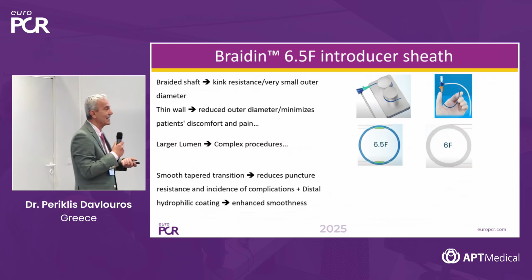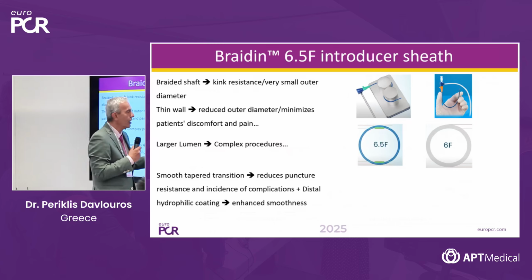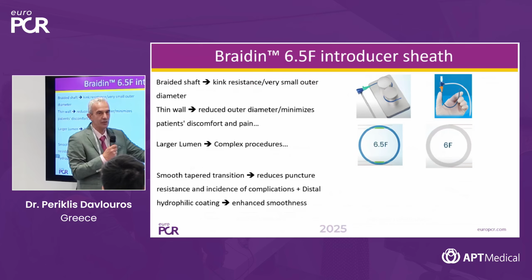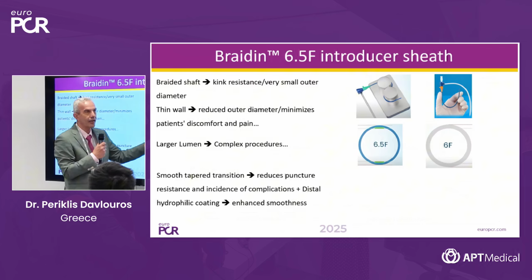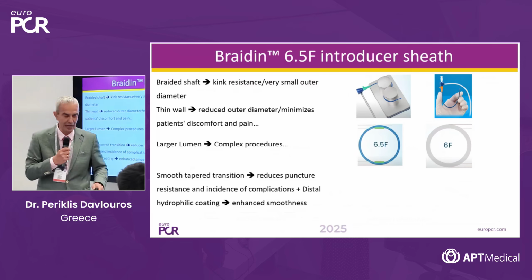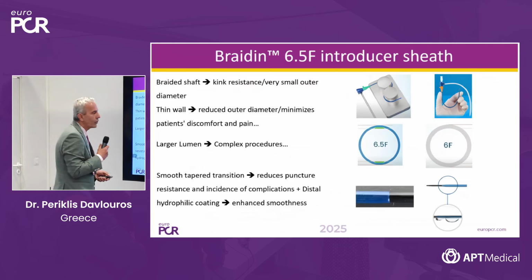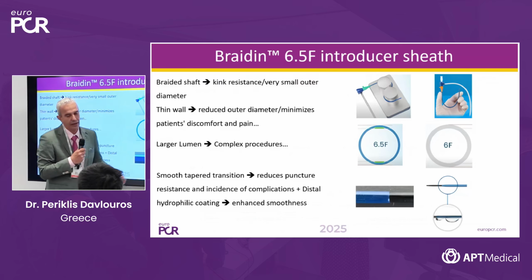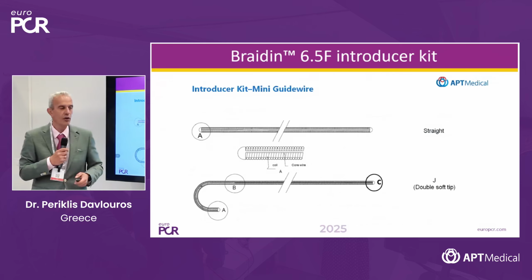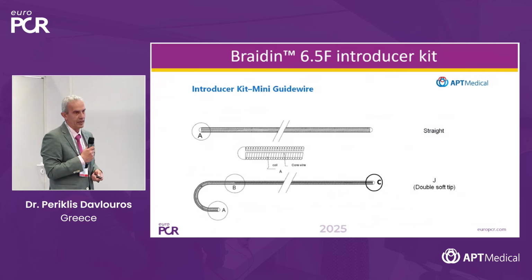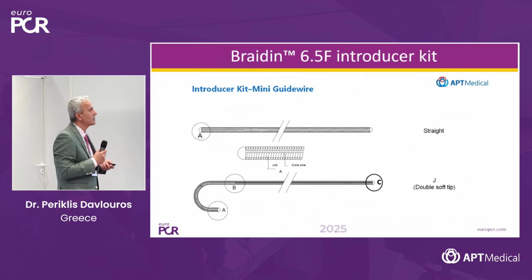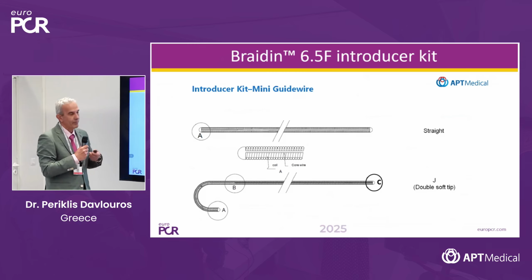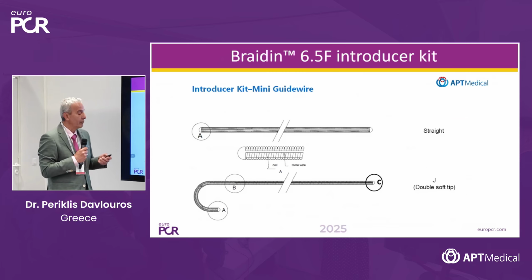We have the 6.5 French sheath, of which the outer diameter is comparable to a 6 French sheath, whereas the inner diameter is comparable to a 7 French sheath. And of course, we have the hydrophilic coating at the distal tip and the very smooth transition zone from the dilator to the sheath. The whole set comes along with a very nice and very useful mini guide wire,